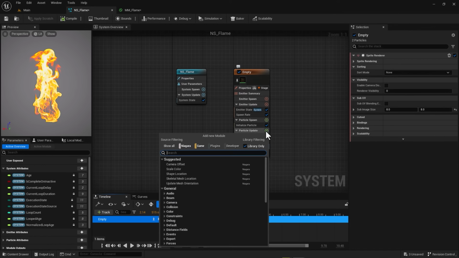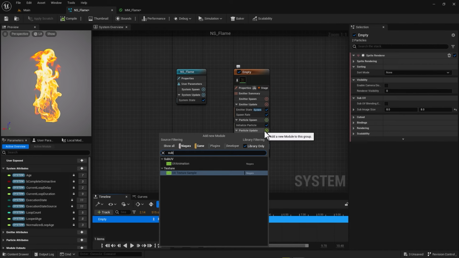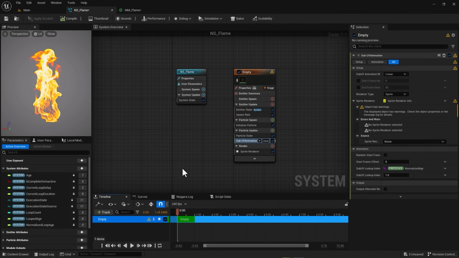So I'm going to add a new module, and this one is called SubUV. And as soon as you bring in SubUV, we've got only two: one is texture sample, the other one is animation, and that's exactly what we want. Now it usually gives us an error, and you can see that little warning in here, and it says, all right, you want me to apply it to what exactly? We want to apply it to our sprite renderer,